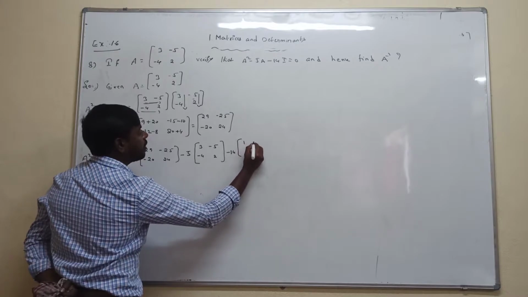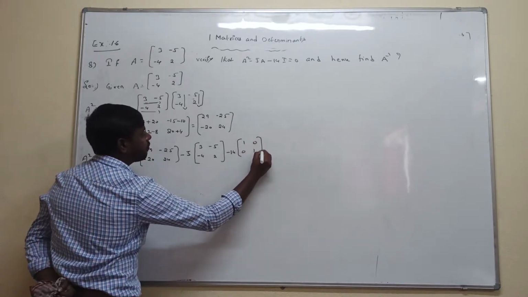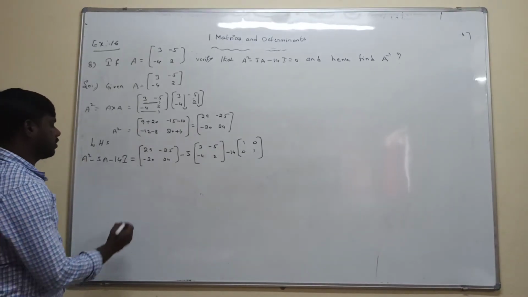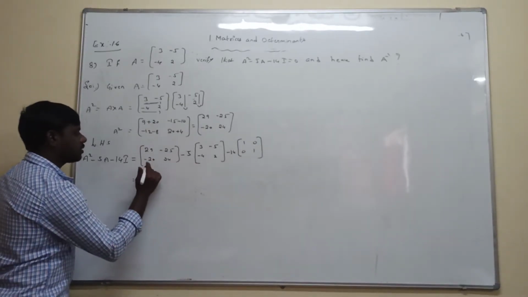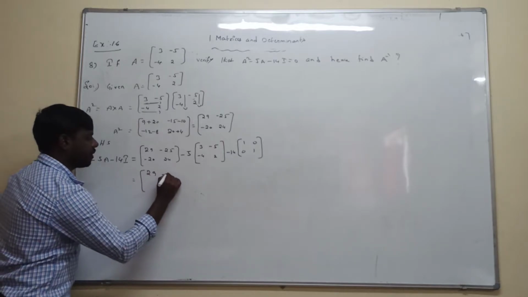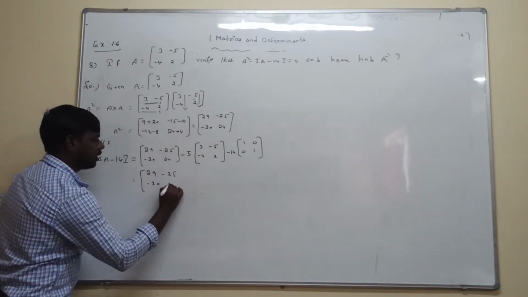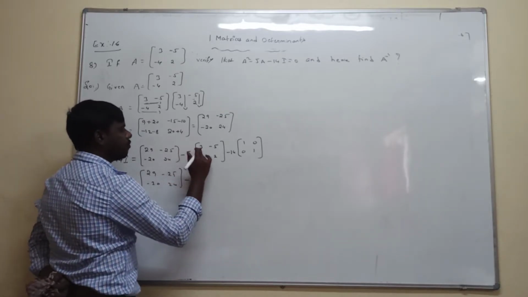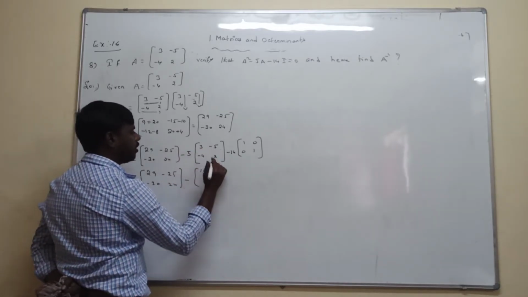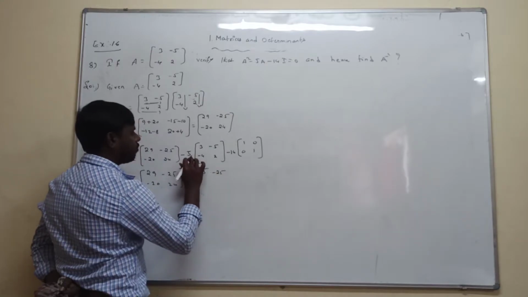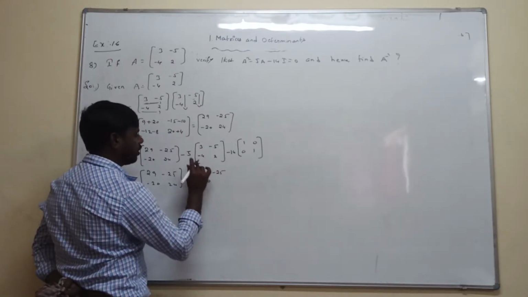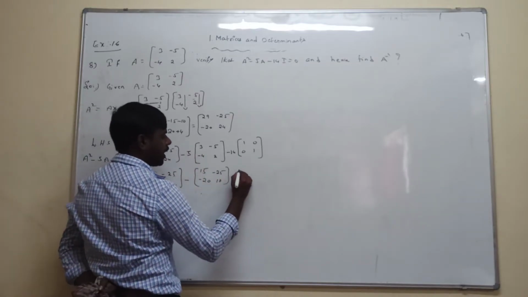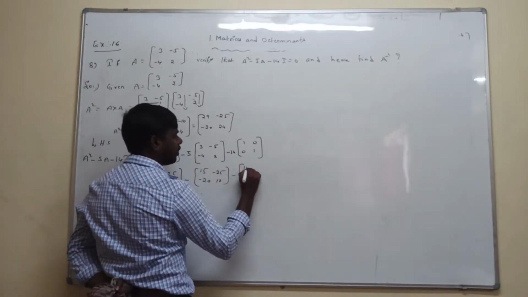Minus 14 I is nothing but 1 0 0 1, because the A matrix is a 2 by 2 matrix, that's why I is also taken as a 2 by 2 matrix. Now write this matrix as 29 minus 25 minus 20 24, and multiply each element by 5. 5 times 3 is 15. 5 times minus 5 is minus 25. 5 times minus 4 is minus 20. 5 times 2 is 10. Minus, each element is multiplied by 14.